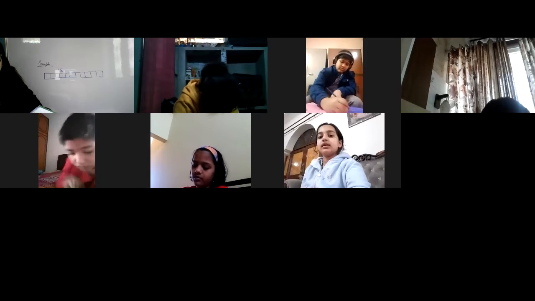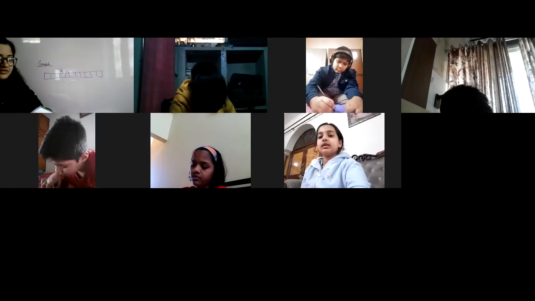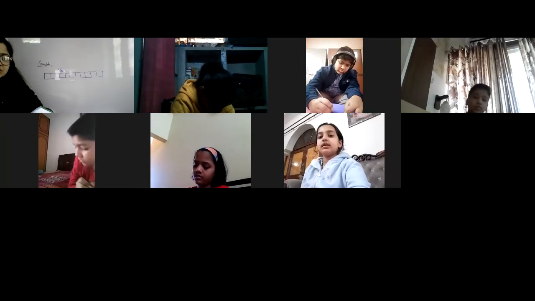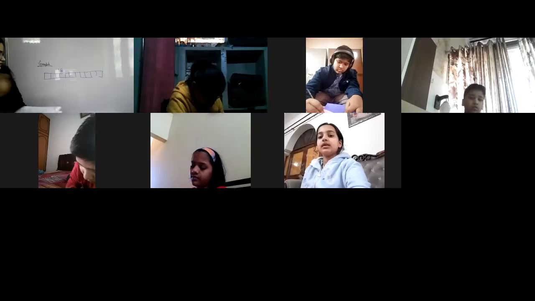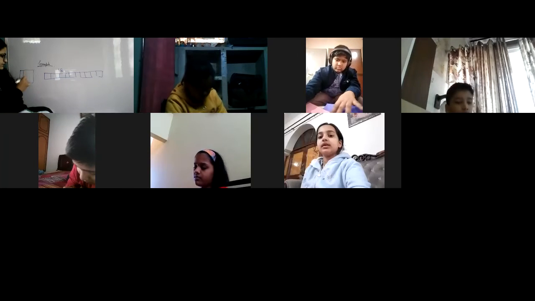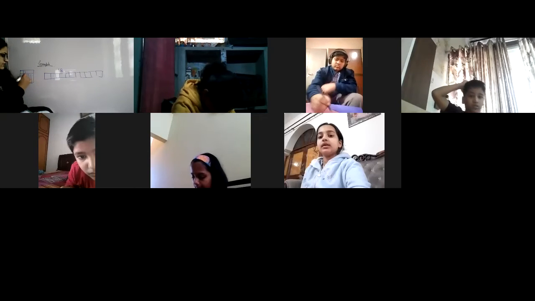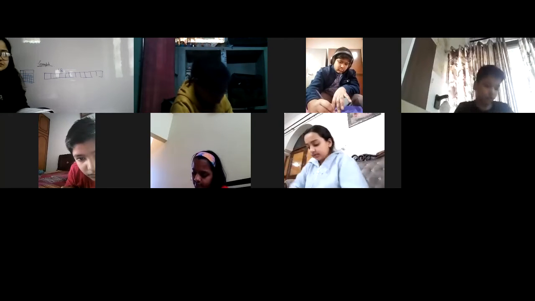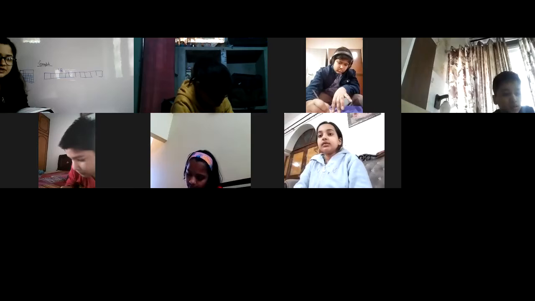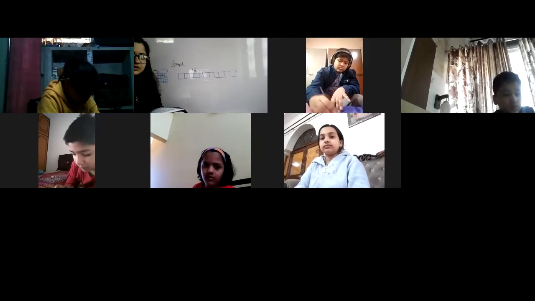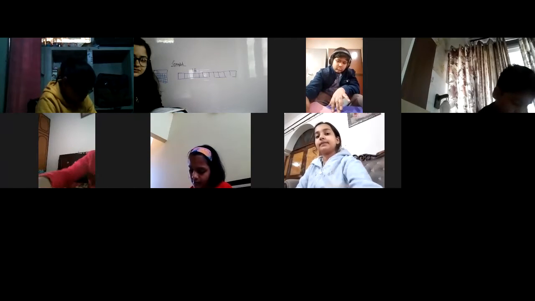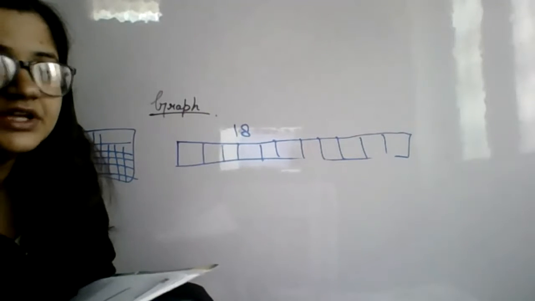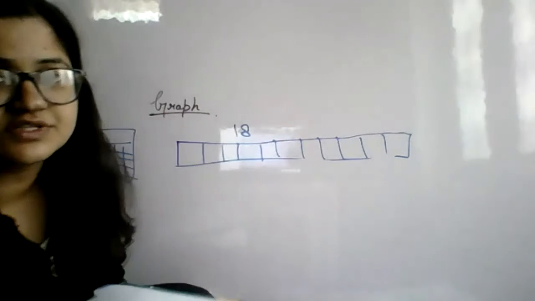Pratishtha, if you can find a graph paper, then graph paper will be very easy for you. If you have a maths notebook page, you can take out the maths notebook page. If you use this type of page, it will be easier for you. Instead of colored sheet, you can use this one also, or a graph paper. Then you need not make these boxes yourself.